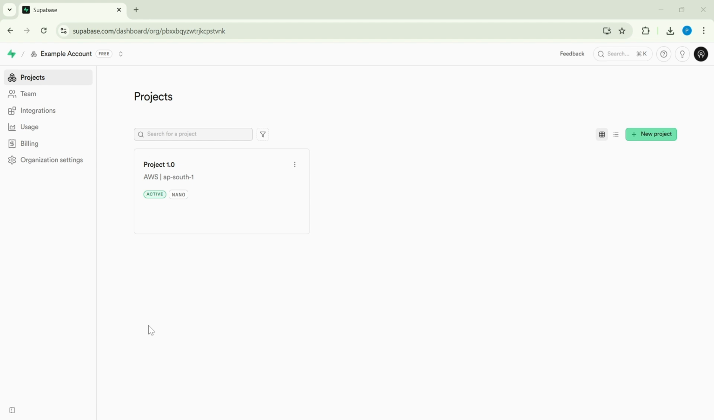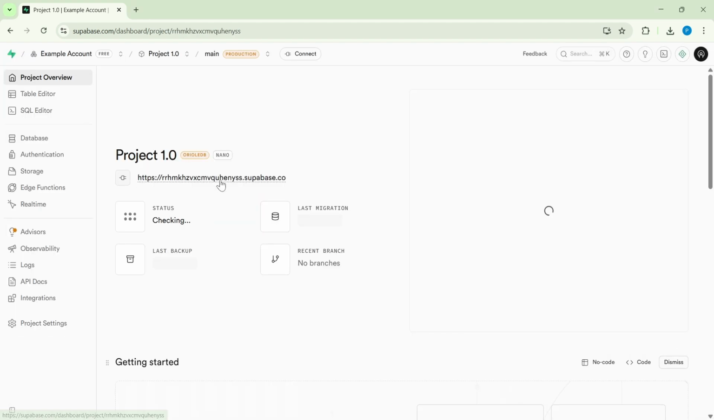On the home page, choose the organization that contains the project you want to work with. If you're part of multiple teams, this keeps you in the right workspace with the correct permissions and resources. Next, open your existing project. You can absolutely create a new one if you're starting from scratch, but in most cases you'll want to inspect